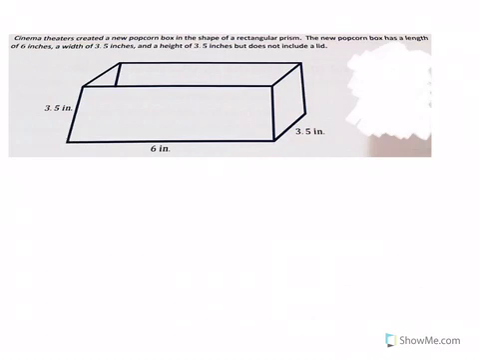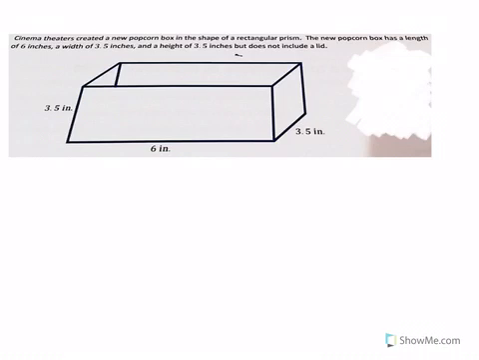So let's look at an example that has somewhat of an example of both. Cinema theaters created a new popcorn box in the shape of a rectangular prism. The new popcorn box has a length of 6 inches, a width of 3.5 inches, and a height of 3.5 inches, but does not include a lid. How much material is needed to create the box? So to create the box, we're just talking about